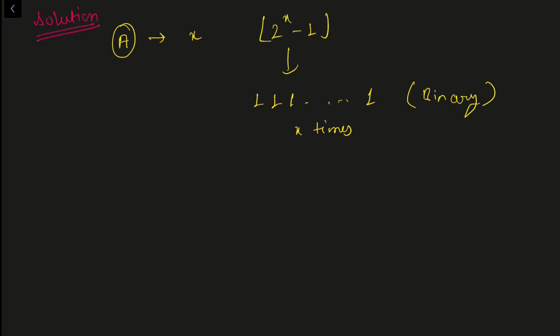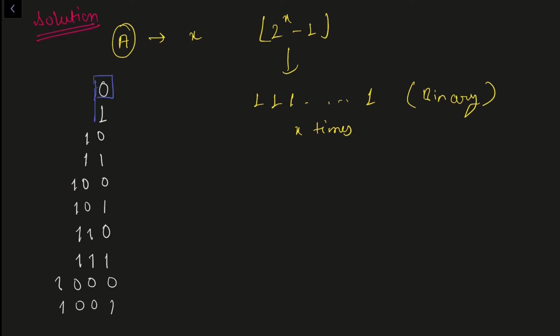Okay, so in order to understand this, let's see how actually the binary pattern works. I'm going to write some numbers in binary here: 0, 1, 2, 3, 4, 5, 6, 7, 8, 9, and so on, right? So in this binary representation, you can see that number of bits here is 1, here it is 1, but here number of bits is 2, right? Now here we can see an increment in the number of bits, right?